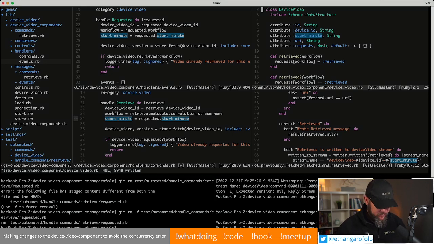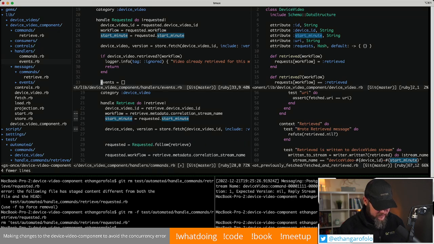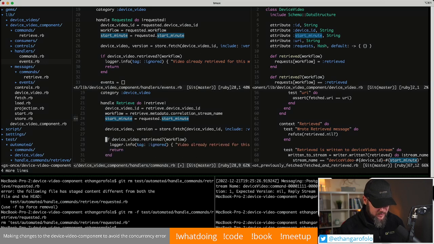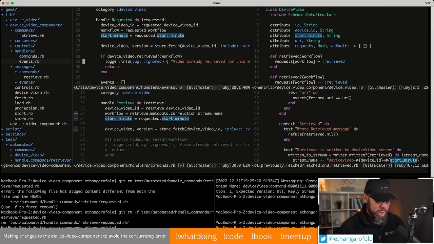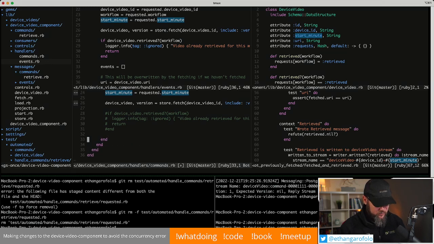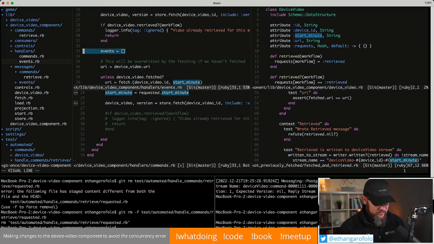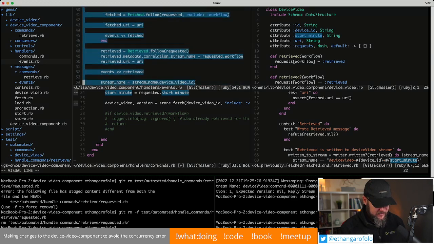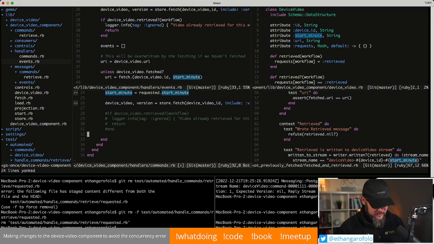That will break some other tests, but we'll circle around to them when we're at that point. So this is the command down here, so we can get rid of requested. If the video has already been retrieved, I'm going to comment that out right now because that is for our idempotence test. So we don't want requested or the workflow or the stream name or this write anymore. So we would just grab the rest of this method and pull it down, and let's look at it